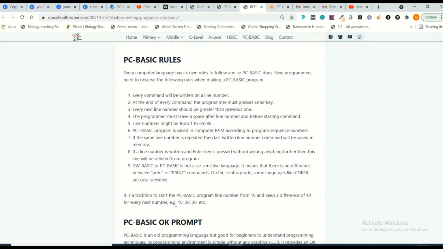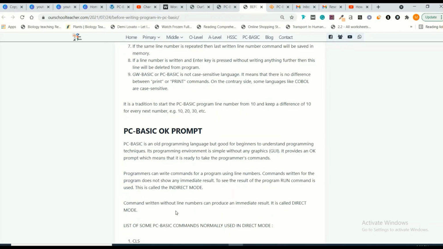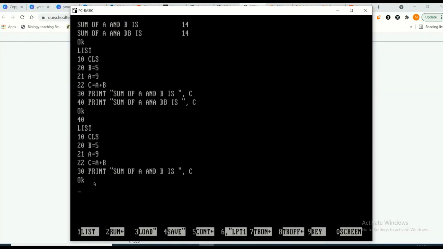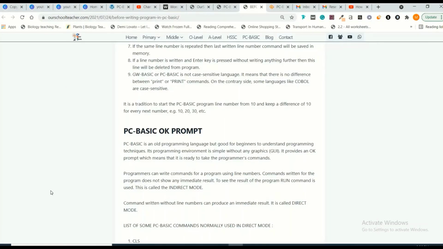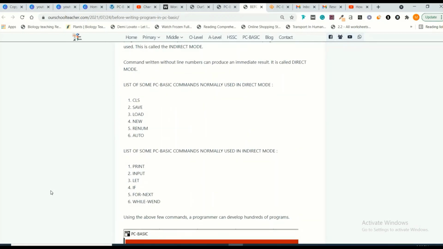Now after this, the PC BASIC OK prompt, I have already told you. The OK prompt, and this blinking cursor, mean that BASIC is ready to take your commands. After this, this is the list of the commands: CLS, save, load, new, renum, auto.